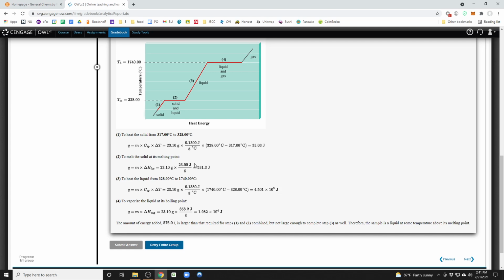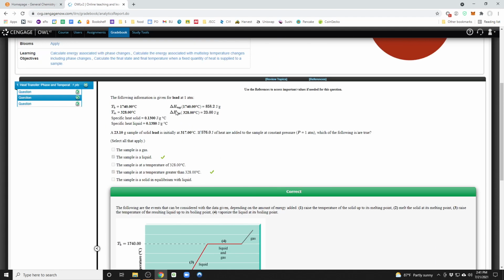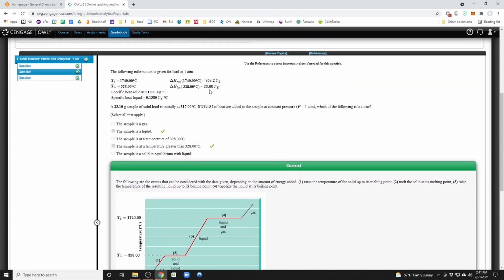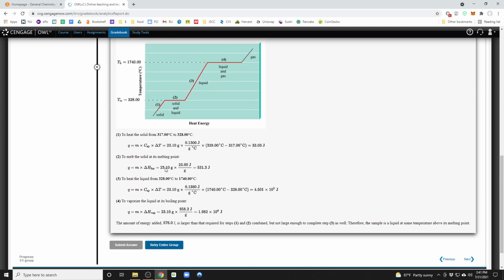To melt your solid, you take the delta H of fusion, fusion being melting something, which is 23 joules per gram. We multiply it by the number of grams, so 23 joules per gram times 23.1 grams. I know they're almost the same number, but that's just coincidence. And that gives us